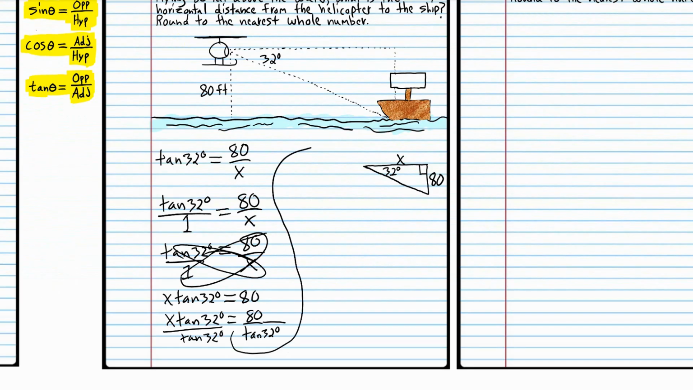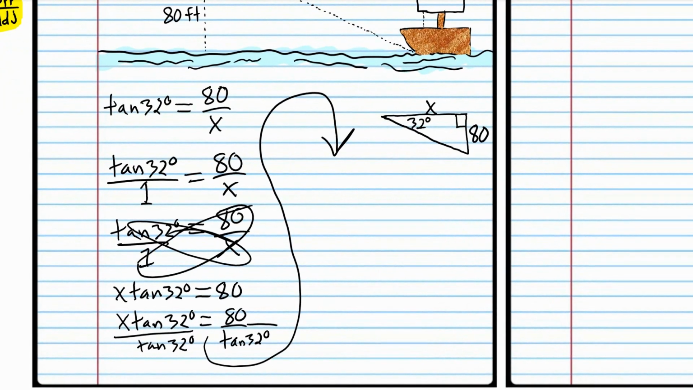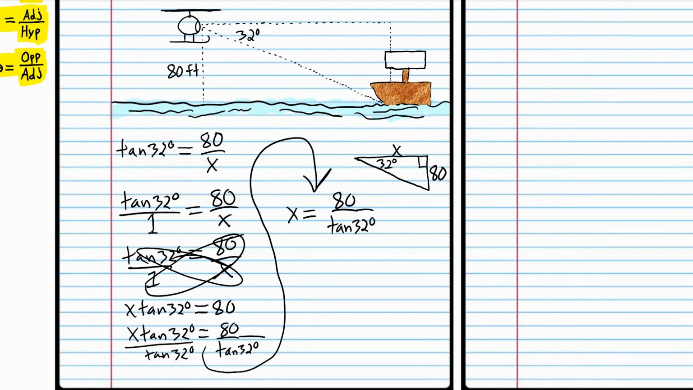We can write an arrow. Remember, if you ever run out of room, that's going to happen a lot. So you have to write an arrow. So x is equal to 80 over tangent 32 degrees. So now we just get out our calculator, and x is approximately equal to,